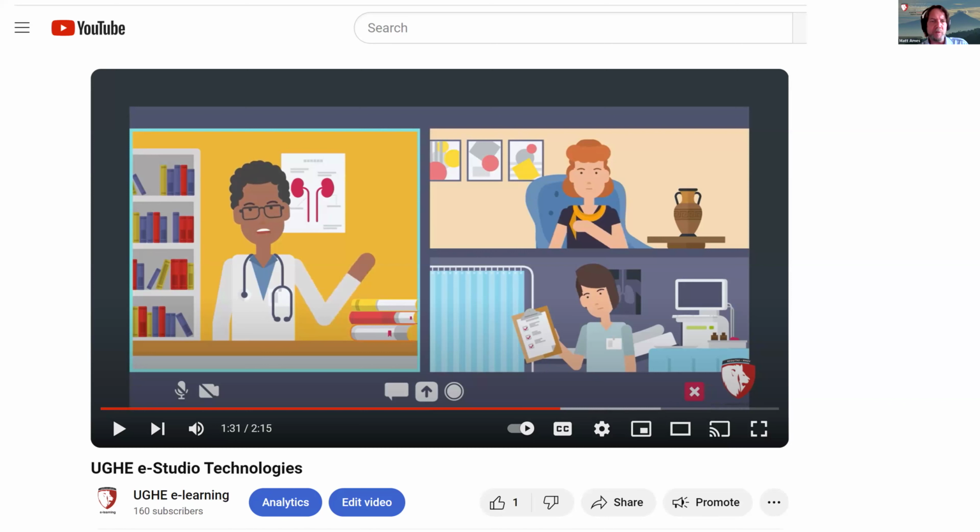It's potentially helpful for classes because animations can help gain the attention of students, and I think you can simplify concepts fairly well. And so here's just an example